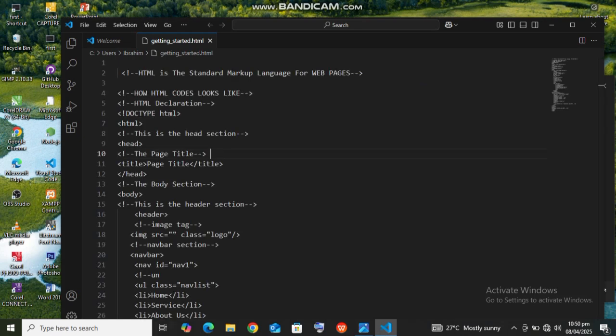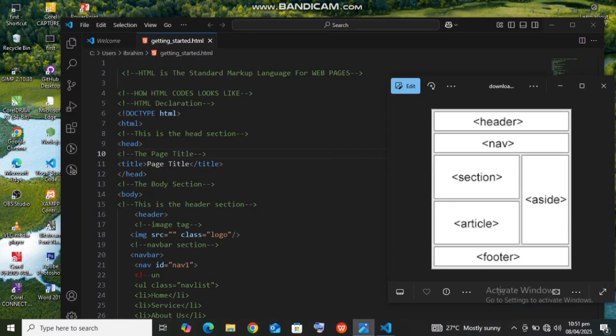So now what we are going to do is discuss getting started with HTML using Visual Studio Code and a short picture which shows the structure of a website. Now, as you can see on the right side of the window, we have the structure of a typical web page. So the first thing you are going to see when you are building a website, or the first thing you are going to work with, is